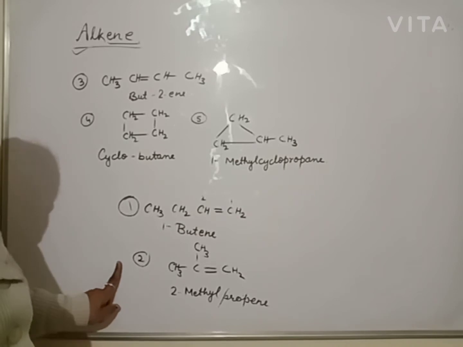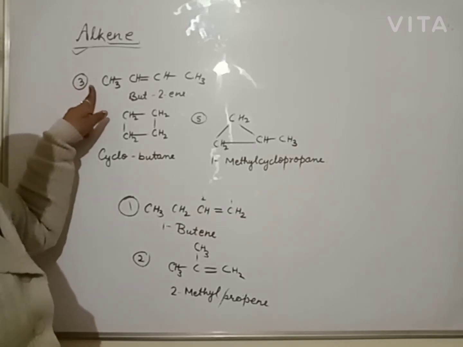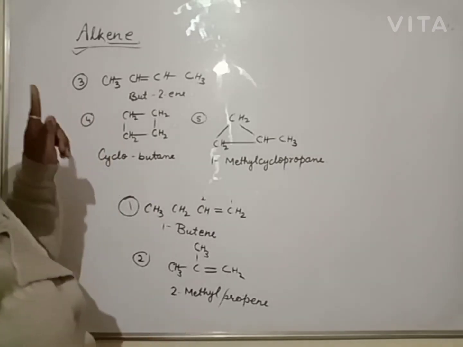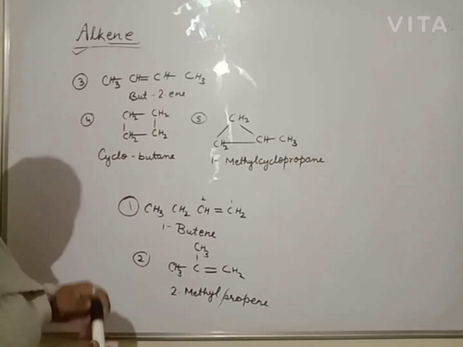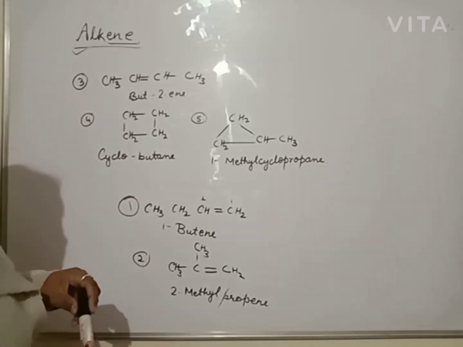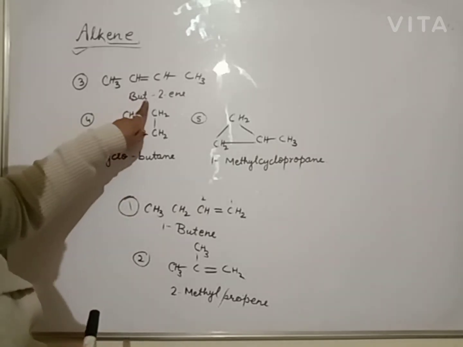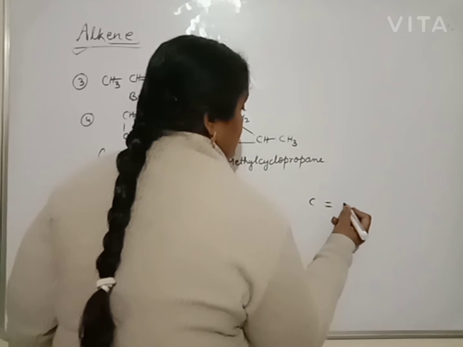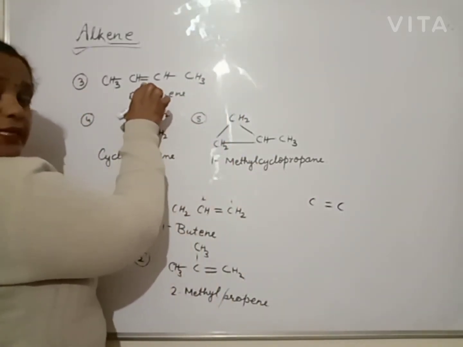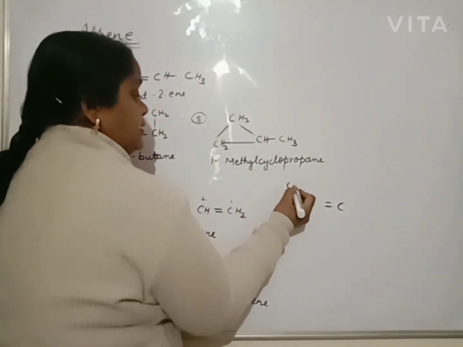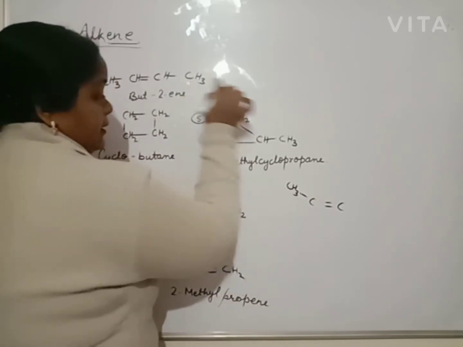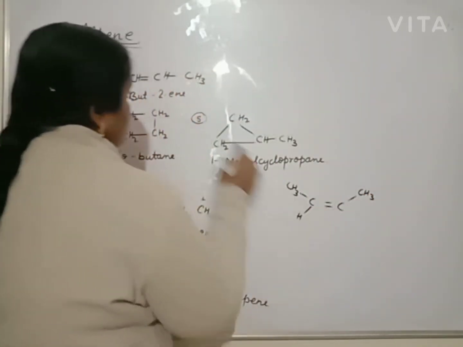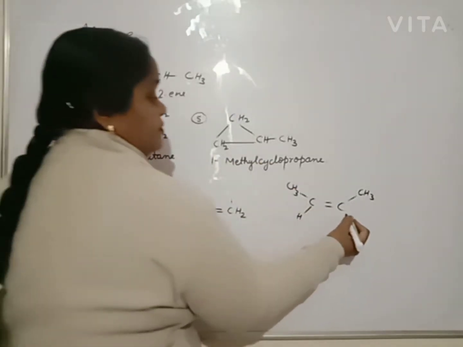Chain isomerism, position isomerism, ring chain isomerism. And now, geometrical isomerism. Geometrical isomerism is always possible in case of symmetrical alkene. In case of 2-butene, we have the double bond between second and third carbon. First carbon consists of CH3, fourth carbon also consists of CH3, and both double bond carbons have 1 hydrogen.